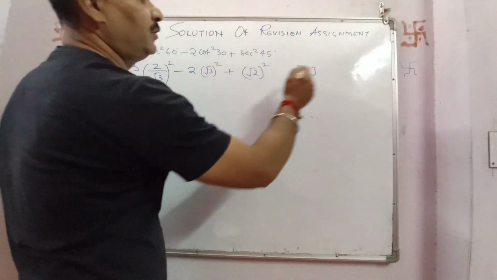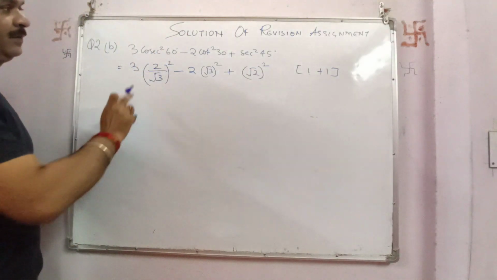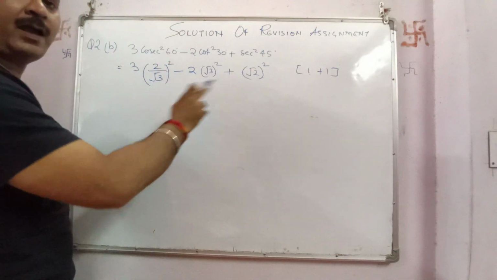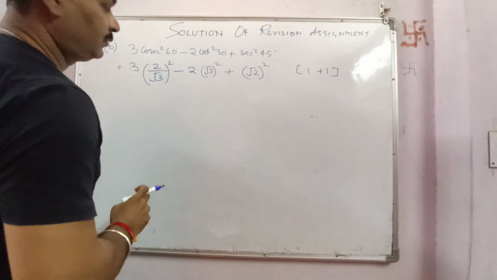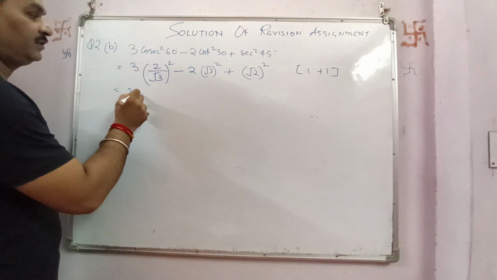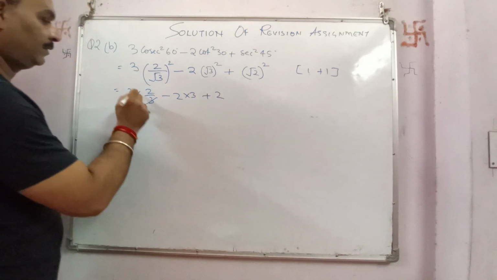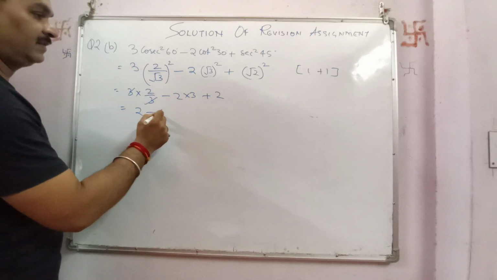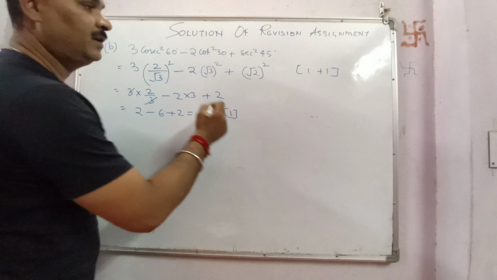Now correct substitution in the correct places. We have to substitute at 3 places, so any two correct substitutions will give you 2 marks. Now for the calculation, 4 by 3 minus 2 into 3 plus 2. Okay, we got 4 minus 6 plus 2, or 4 minus 6, that is minus 2. 1 mark for this answer.